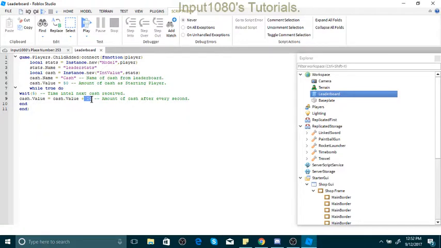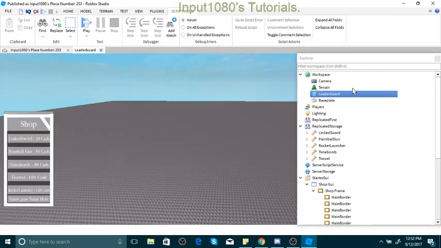So you put this to 5, and then after every 5 seconds, you will get 20 cash. Or you could put 0, so this is not even here, and you can put however much cash you want just to test the guide. Then you can buy all the items to test it. So I'm going to put this back to 0, and this back to 50, or I should say 20. Okay, now that we understand this leaderboard script,